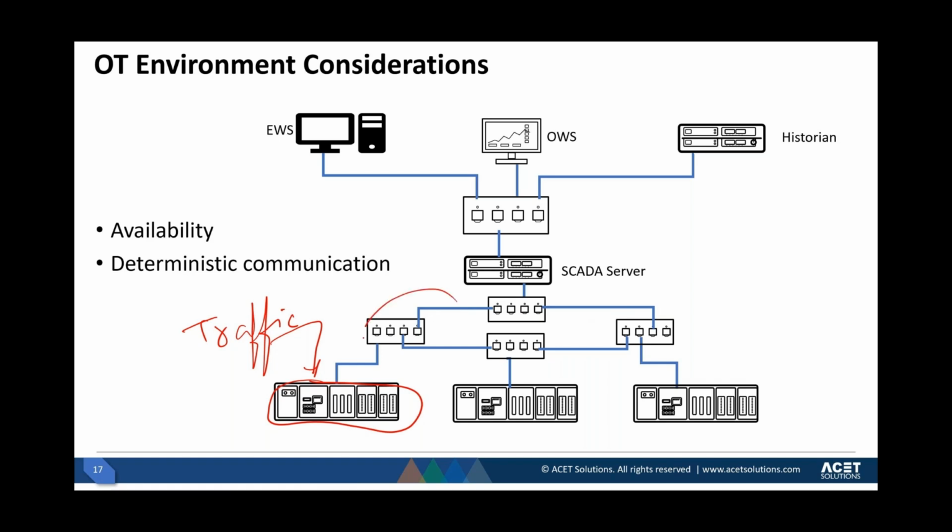Similarly, if you have such sensitive networks, and this is just one example, if you, for example, throw a lot of broadcast traffic, then the network may momentarily, for a few seconds, like 2, 3, 4 seconds, just stop the communication going through them. In an IT world, it's not a big deal. If I'm loading a web page, if it takes 4 seconds instead of 1 second, it's going to be annoying, but not a big deal. In the OT world, it can be a big deal and may impact the facility.